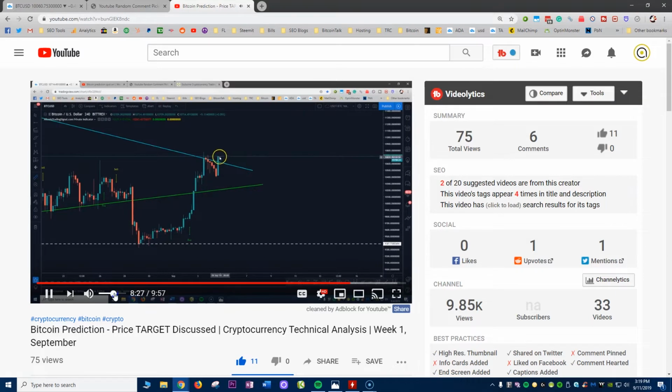If this bar closes above this trend line, then we will continue to go higher. Now there's a chance that we might just get one huge red bar back down, which then will continue the price lowering. And